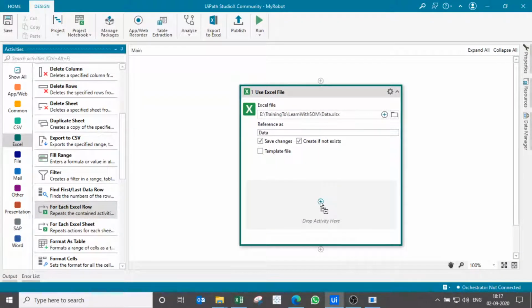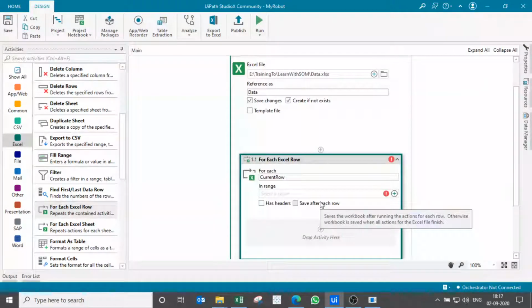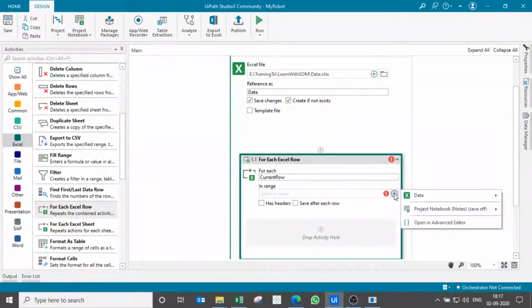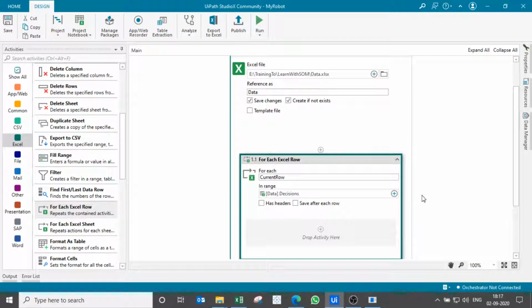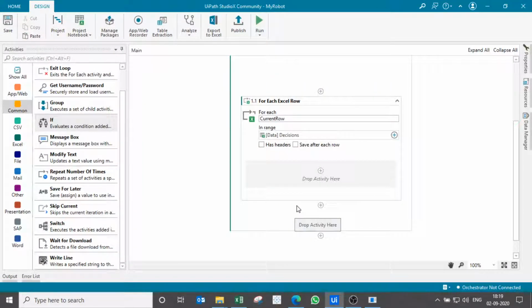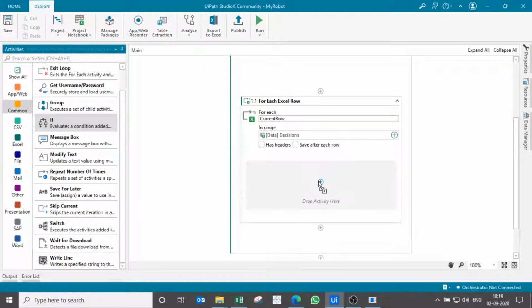Let us add and drop it here, and we will define the range, and as I said earlier, we will add the decision table. So we have added the decision tables.